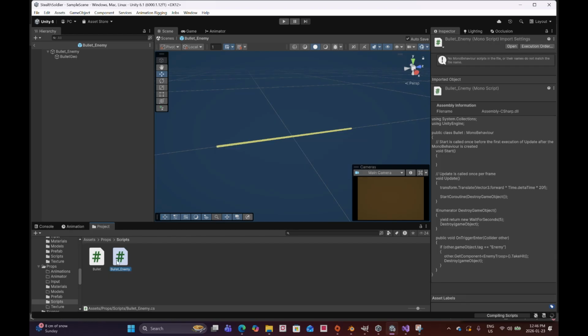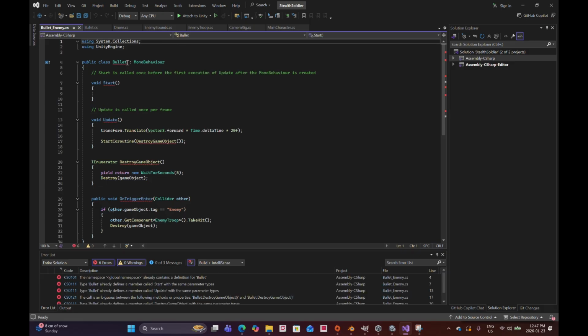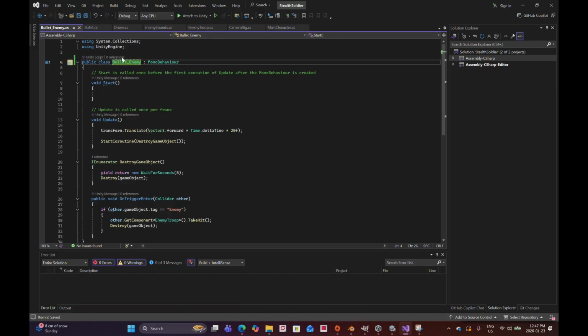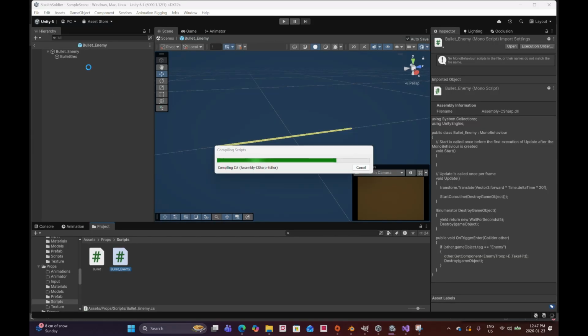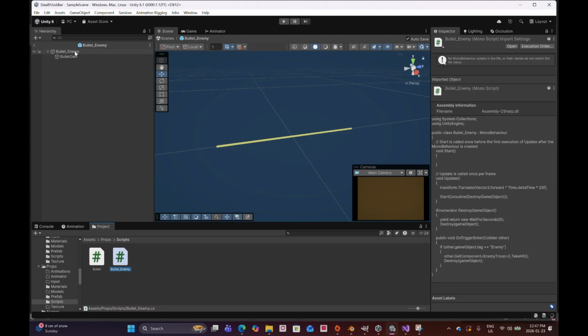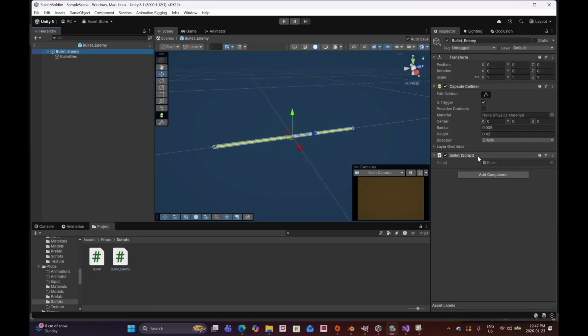I'm going to open this up. I'm going to change the public class name. So from here, I need to remove this component, add my new script,